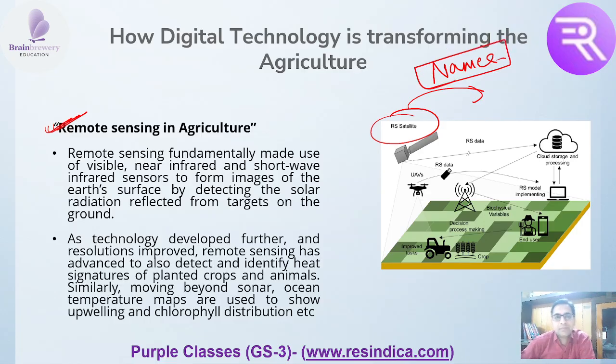Remote sensing means you are finding something from the very top with the help of infrared and short wave radiation sensors. It will create an image for you, an earth surface variability image. It will help you find out what exactly has to be there and what is right now over there. So if you have a green cover, and at certain places a yellow cover, that means at that place your crop is dying a little bit.